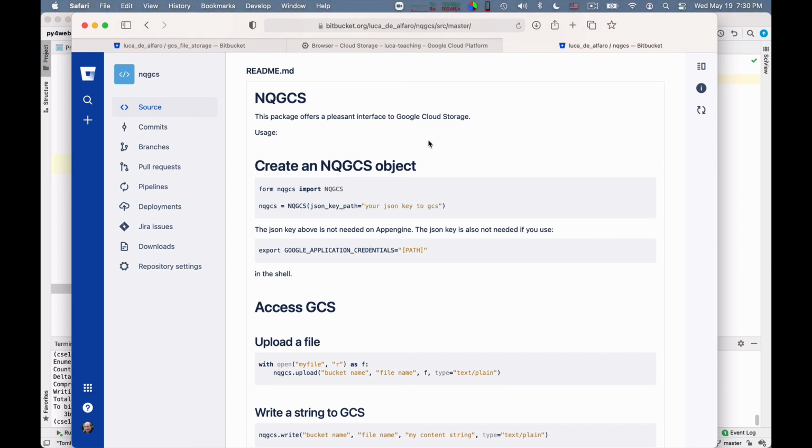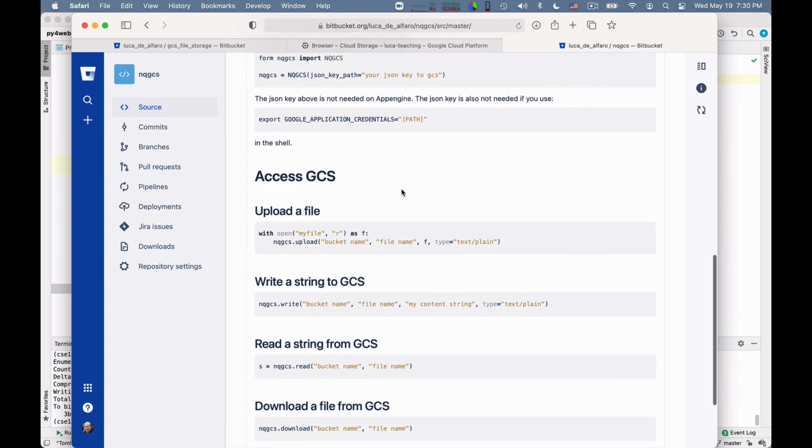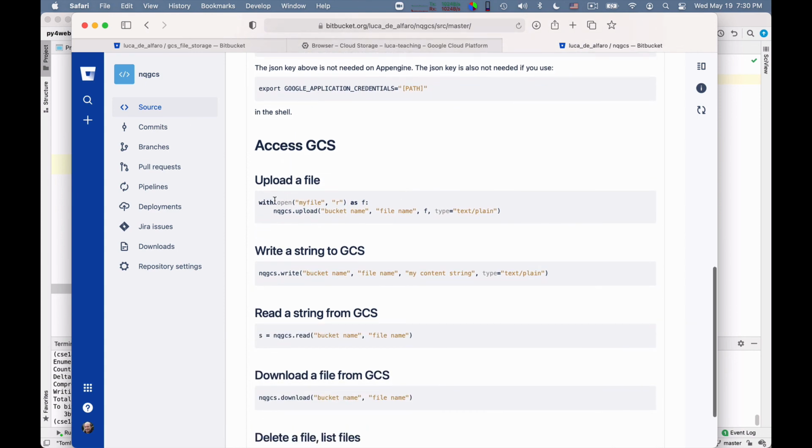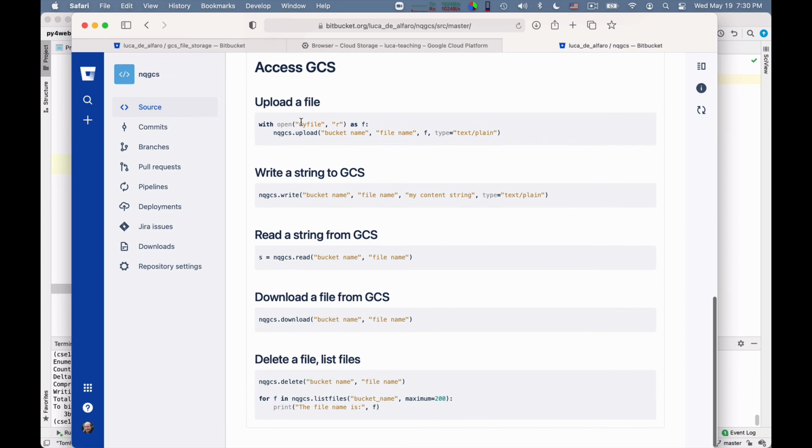So one day I had to use Google Cloud Storage, and I looked at the documentation and I said something like, yeah. And so I came up with NQGCS, which gives me a more natural interface to the cloud storage. Essentially, with my NQGCS, you can simply say upload when you want to upload a file, write if you want to write a string, read if you want to read it. I mean, it seems obvious, but somehow it's not quite the way they thought it would work.